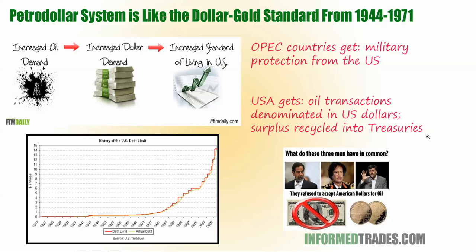Muammar Gaddafi was removed from office, Saddam Hussein too, with U.S. military intervention to remove him. Ahmadinejad from Iran sort of left office. He had probably the best outcome of the three individuals you can see on the bottom right here, but it is something that's a little interesting, and a lot of people will argue that the U.S. works very aggressively and even employs military force if there's a leader in an OPEC nation who wishes to get off this agreement.